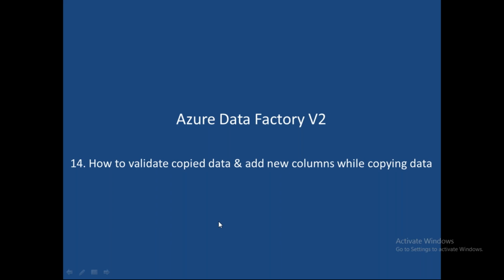Now what I am going to do, I will take the number of files read and the number of files written. These two values I will take and check whether these two values are equal or not. If the number of files read and the number of files written are both equal, what it means is whatever data your copy activity read from the source, everything it has written into your destination. That is the validation we are going to do.